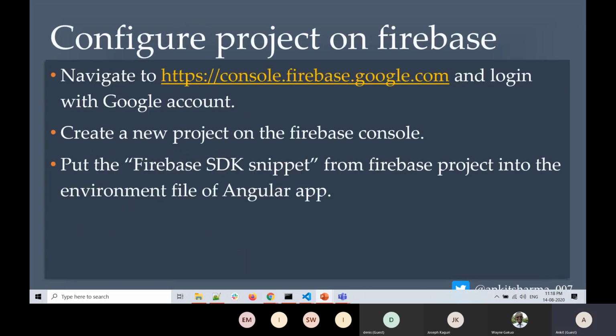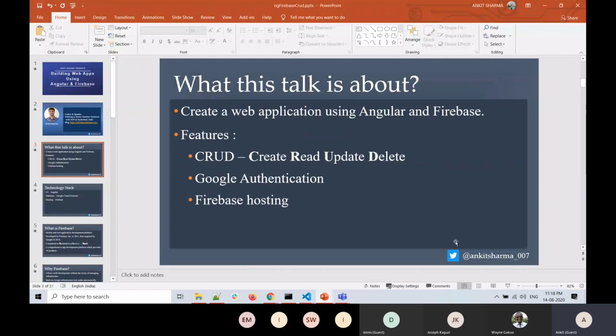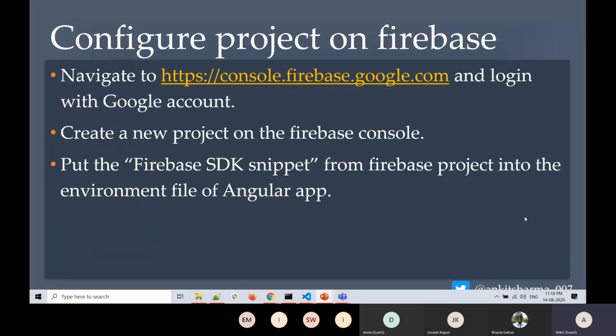So what is the first step? The first step is to configure the project on Firebase. What does this mean? When we create an Angular application, we need to talk to Firebase also. How do we establish that connection? We have to navigate to console.firebase.google.com and create a new project.